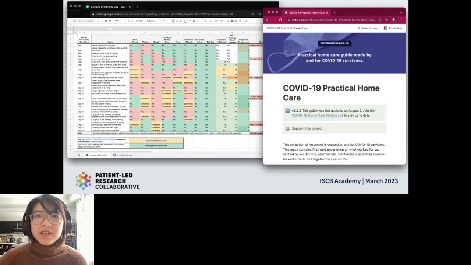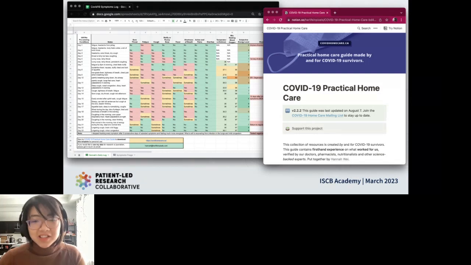In the absence of a clear diagnosis or a test, I realized that if my condition worsens, who would believe me? How will I be able to describe it? So I started a spreadsheet to track my symptom trajectory and shared this template publicly in a project called COVID